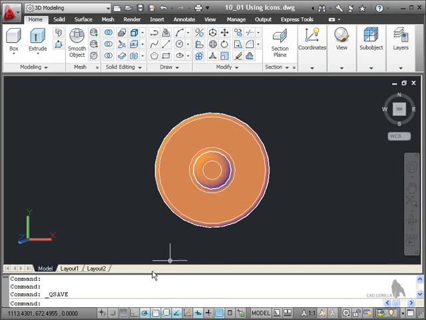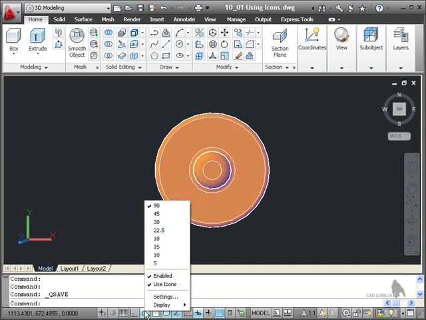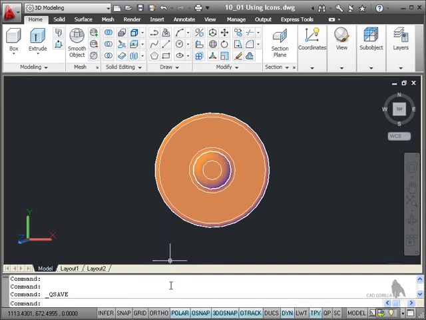But if you do prefer to have the words on your buttons, just right click over any of the drafting settings on the status bar, click on use icons, and they come back like so. It's a simple right click again and use icons to switch it on again. So it's up to you if you want to use icons or not use icons. I personally prefer not to use icons, but what I've done for the purposes of this course is I'm running